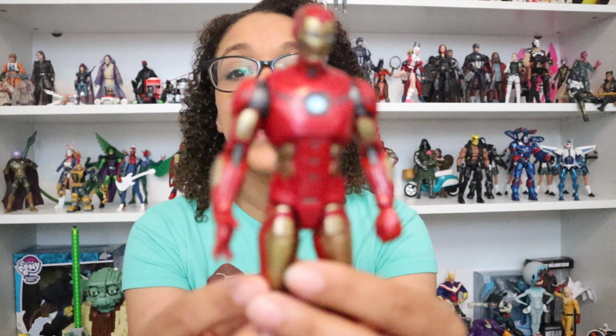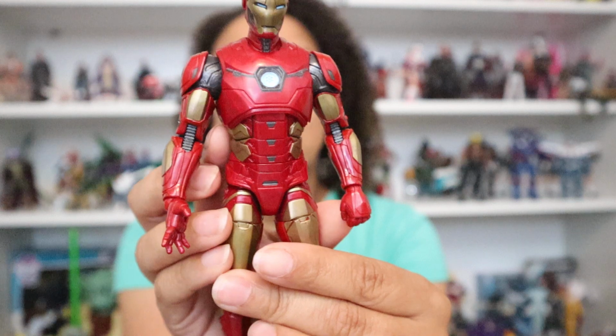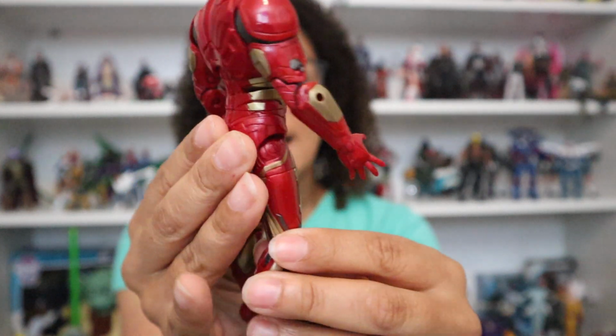For some reason, I don't know why this is, but I always like the suit to be more red than gold. I like the gold to be more detail, and I know that usually that's how it is, but sometimes it feels like in video games, and in the MCU even, it got a little bit blingy for me. And just as a personal taste, I really prefer to see it mostly red. So that's something that I really like about this suit too, is that the gold is really carried through as a detail,